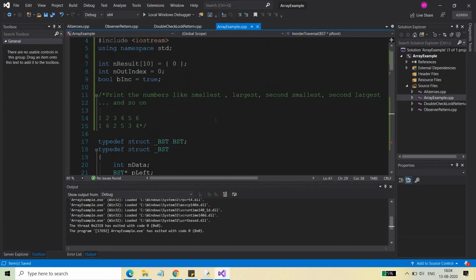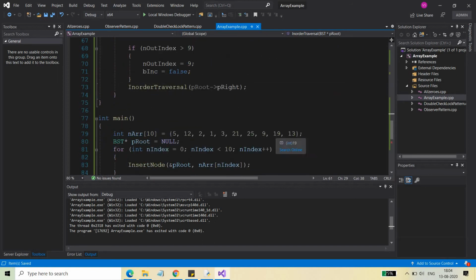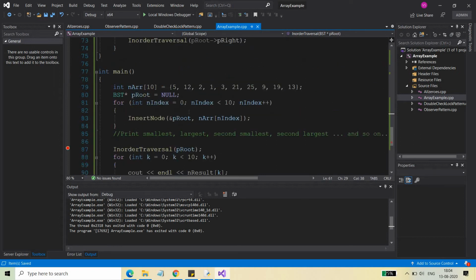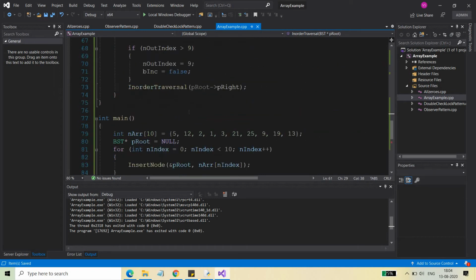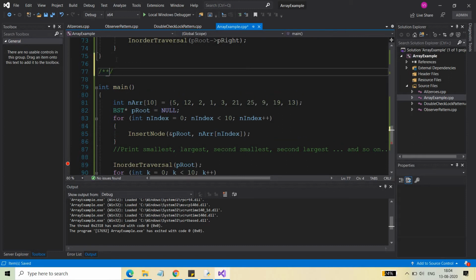So what will happen is that all the elements printed in sorted order will have a space between two elements. It will be something like this.